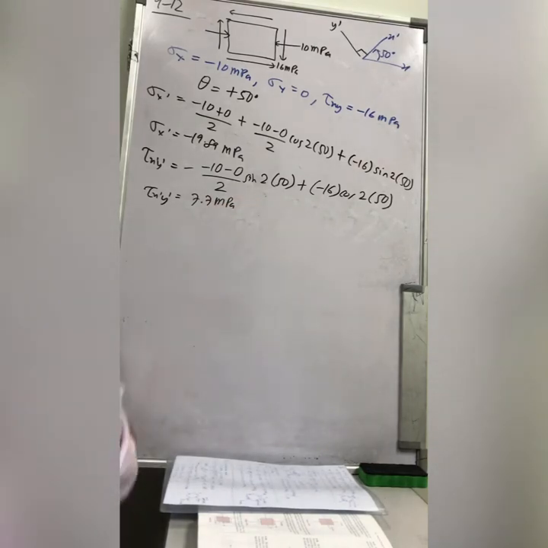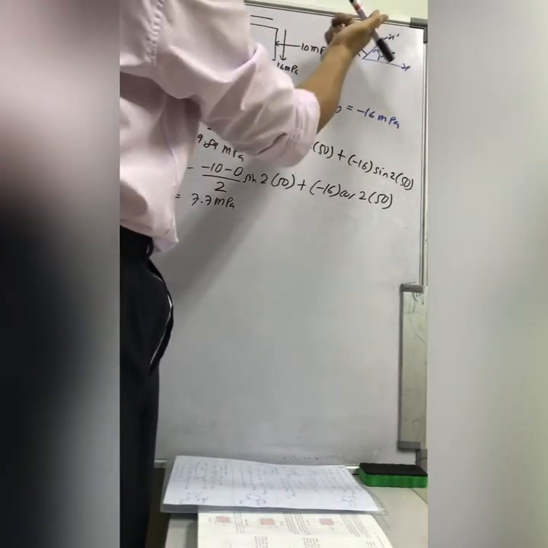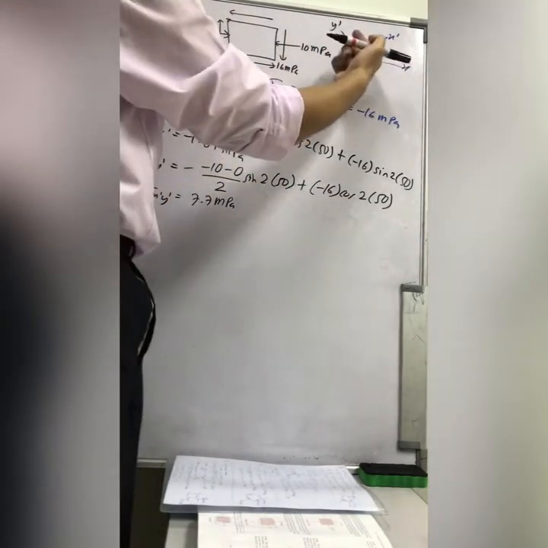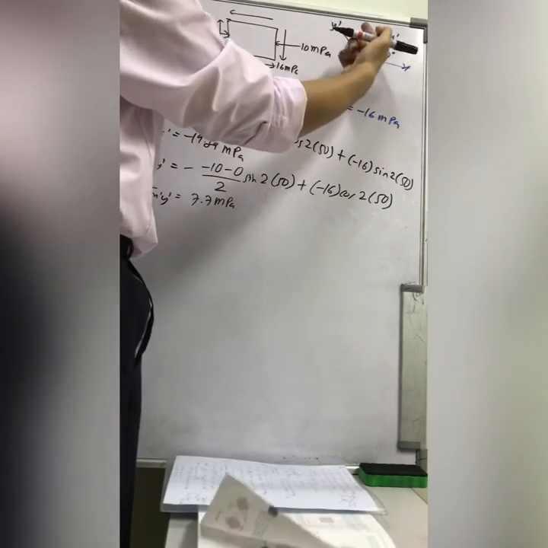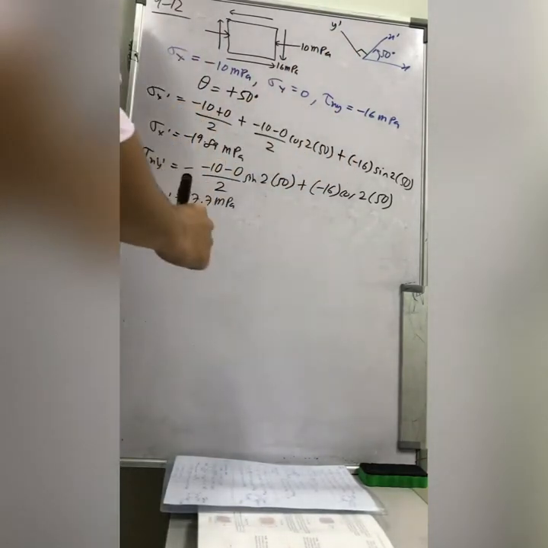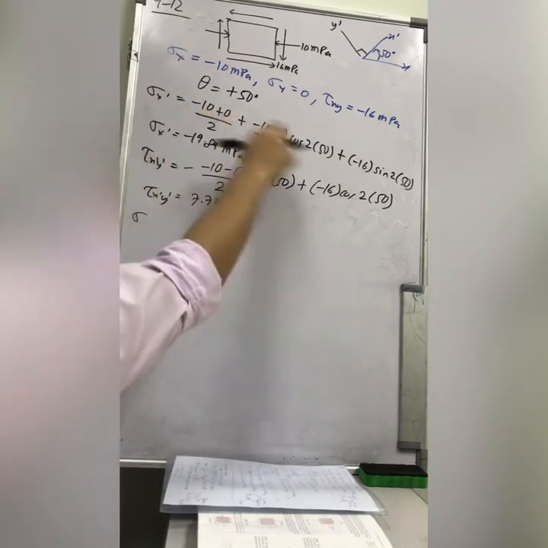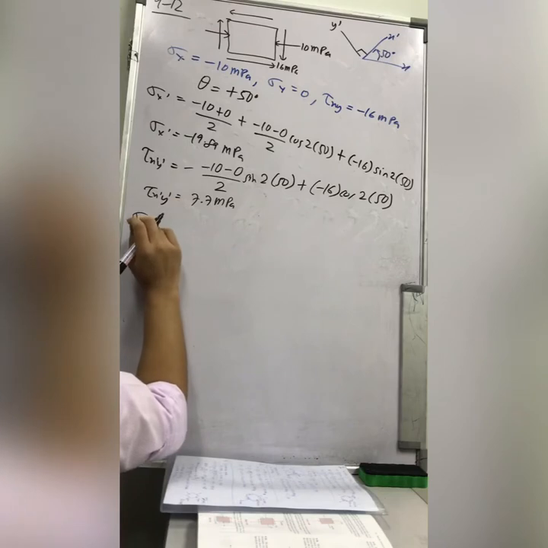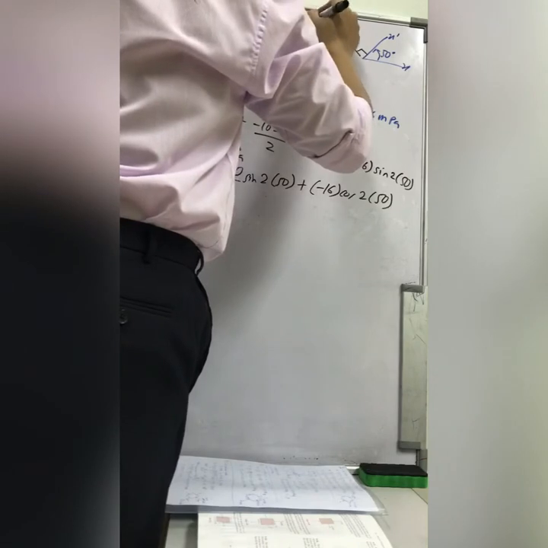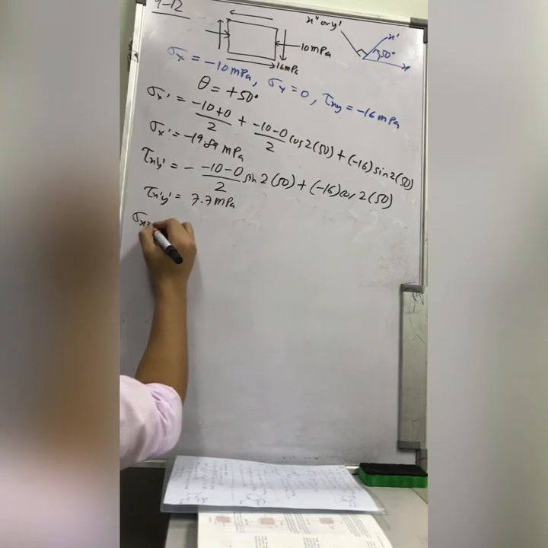Now you have found the normal stress, sigma x prime, and you have found tau x prime y prime, the shear stress. But how about the normal stress along this y prime? You can do this again, put it into the original equation. You can name it x double prime or y prime, whatever. Here, for instance, if you name it sigma x double prime,